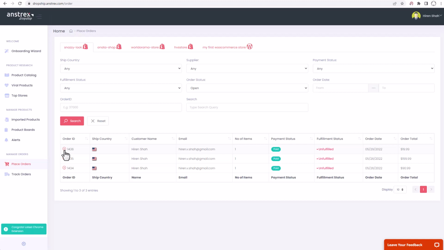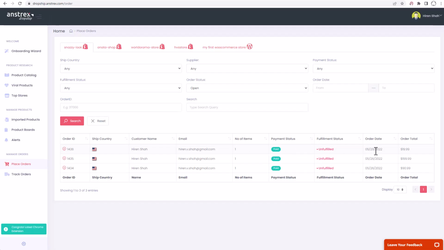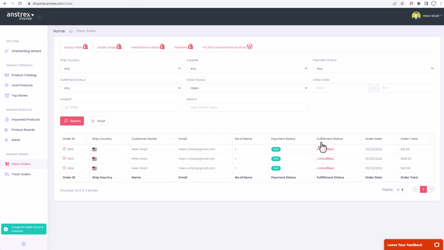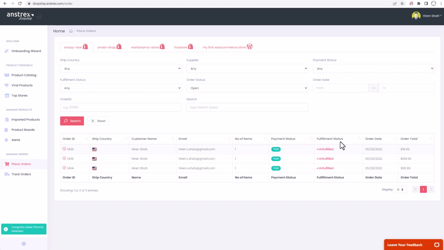So let's look a little bit more into the detail for each order. The first order here is number 1436. That shows that there is only one item included in this order, and it also shows some other information such as the order date and the total amount for this order. And please note that the fulfillment status here is also unfulfilled, just like what you saw on the Shopify store. So if you want to look into more details for this order, you click on this plus icon,